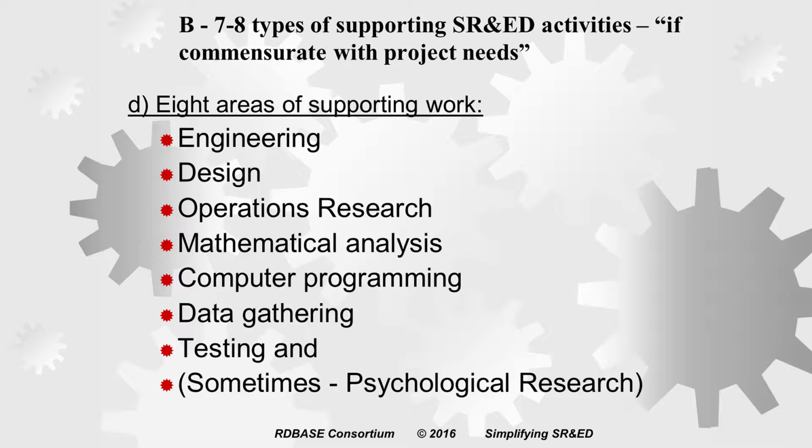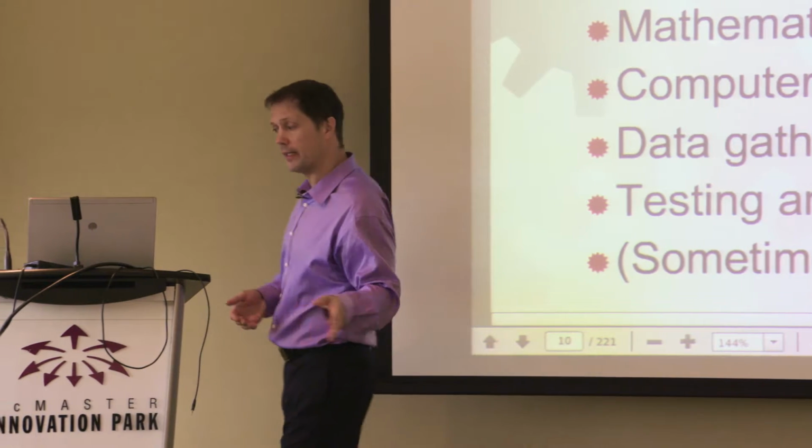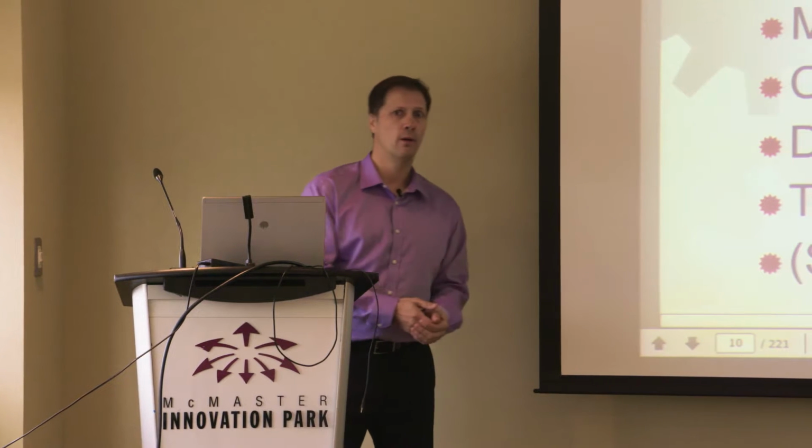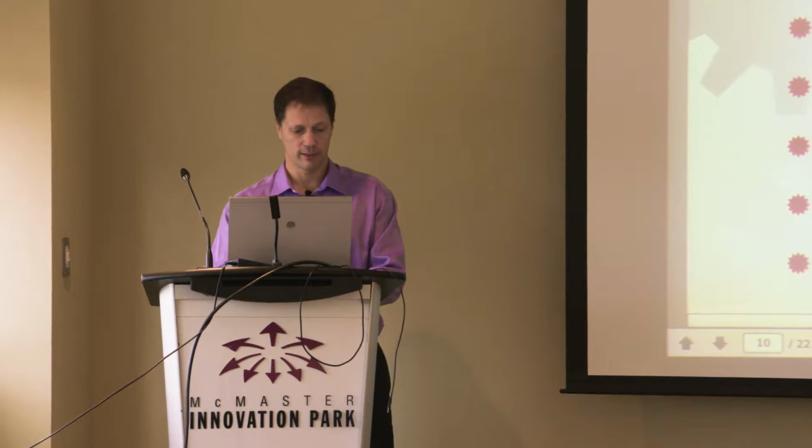So psychological research is one of those quasi areas of science that, according to the CRA, they'll allow as a supporting activity for certain things, primarily drug studies, where you've done the chemical studies, you've done the biological studies, you're on human testing, and they believe that the psychological studies are directly tied to the biochemistry and therefore a supporting activity. If you try to claim psychological research in things like are computer programs more intuitive, that will generally be seen as a social science and disallowed. So again, there's a little bit of ambiguity there that you need experience to understand. Where does it apply and where does it not apply? And this is not really explained very well, I find, in CRA documents.